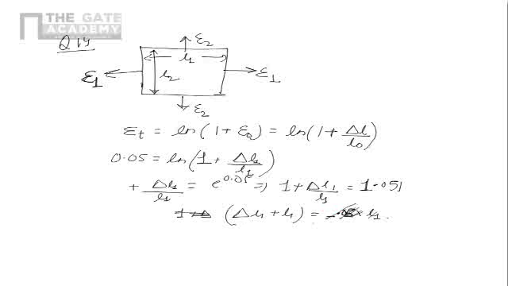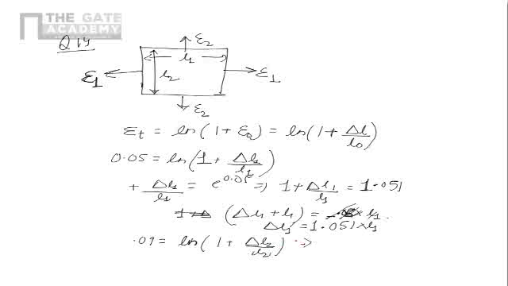I just corrected 1.051 into L1. So this is delta L1 dash, which means the increased length. Similarly, what will be the delta L2 dash? So we know that the true strain in the second direction is log natural of 1 plus delta L2 upon L2. So that is equal to